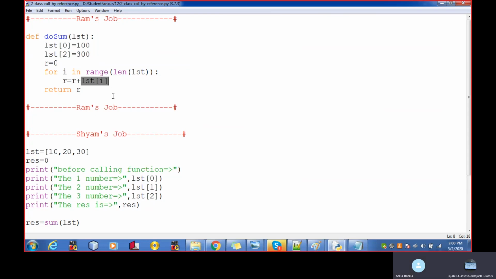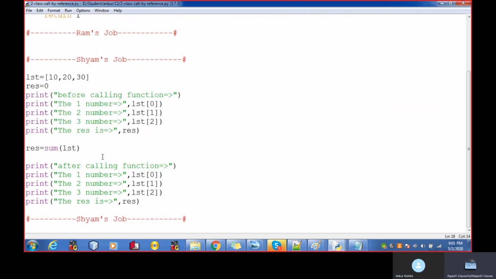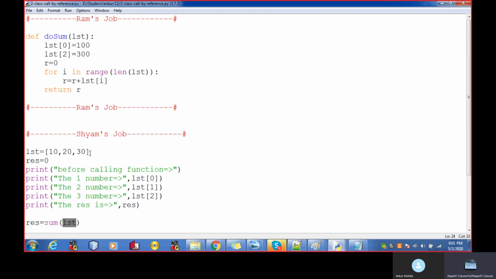It's very strange, because I just opened another program which I discussed in the morning, and it was working. Same program, sir. It was working fine, but that is not working fine. It's completely strange. So over here we have LST, LST, LST, pass LST. Okay.